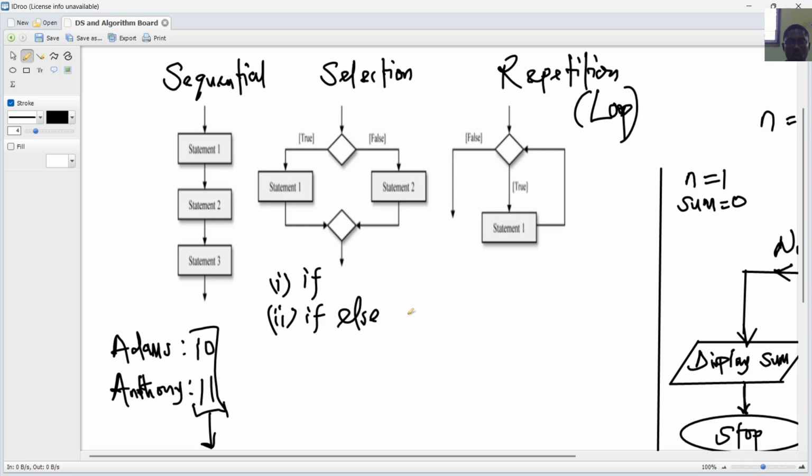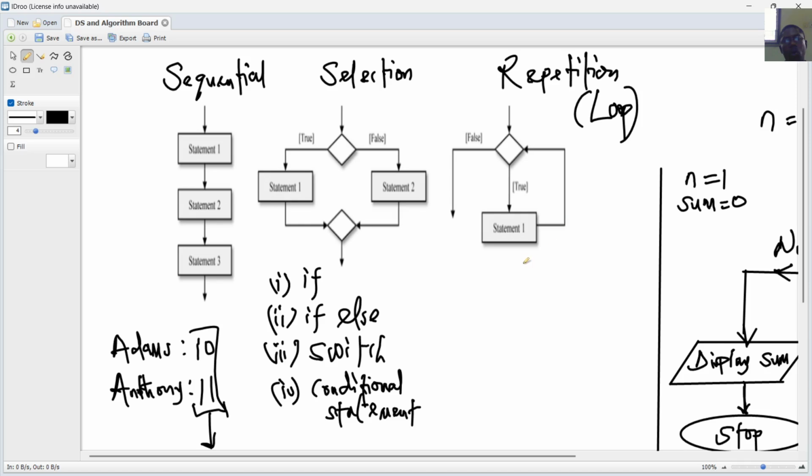Like in Python, it's going to be an if, depending on your language. Then third, we use the switch command. Then of course we have the conditional statement. Then for our repetition, we have the while, then we have the for,